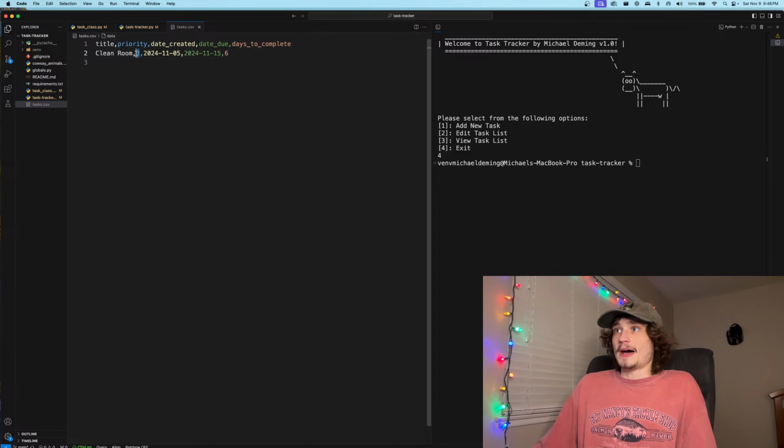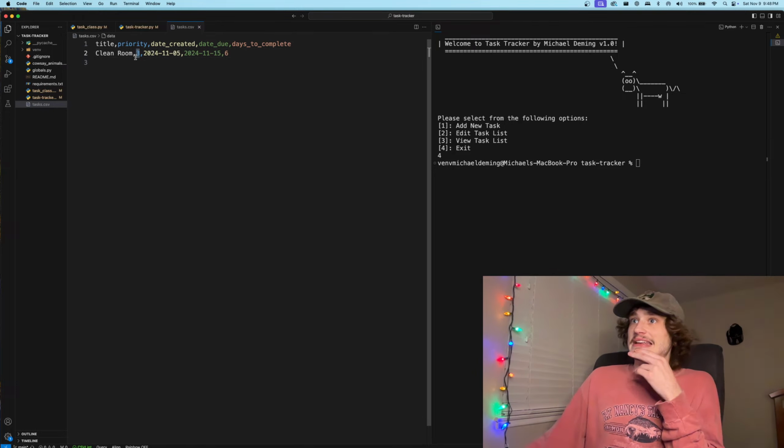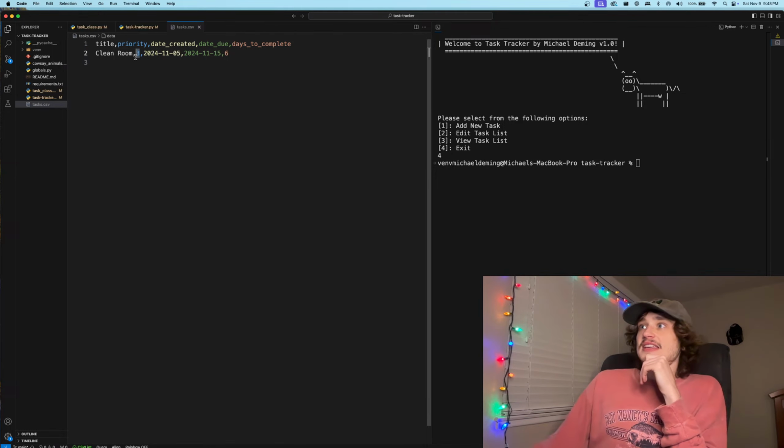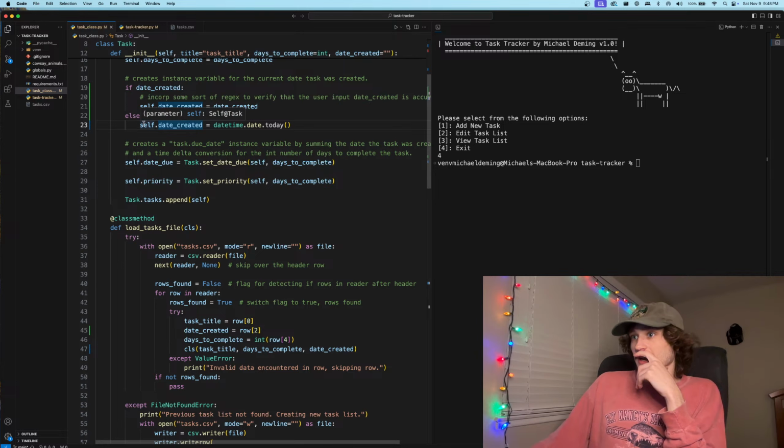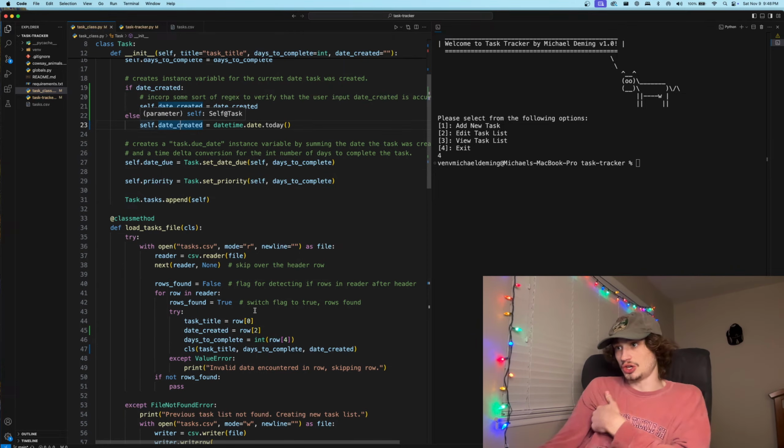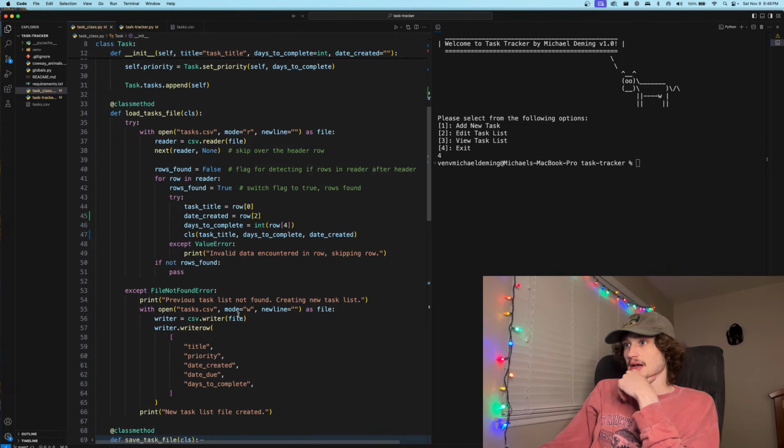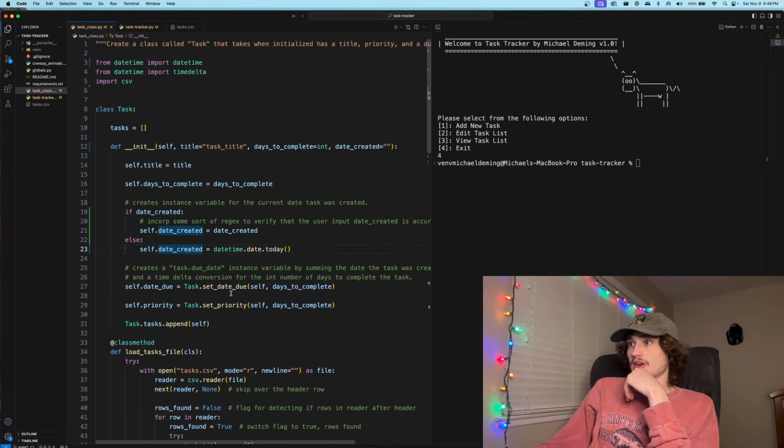And so the only thing now is the priority did not change. So I need to update the priority if the days to complete changes, right? So that's the next thing we need to adjust. But we also have this error we're getting where when we're trying to create new objects, we are incorrectly converting